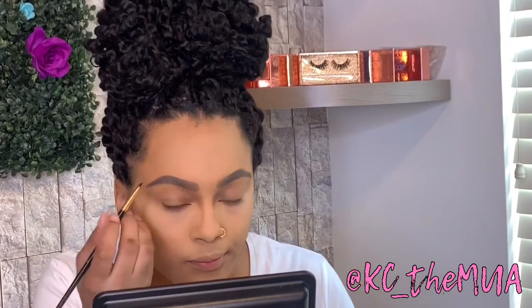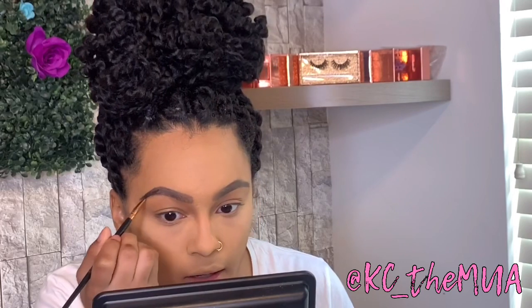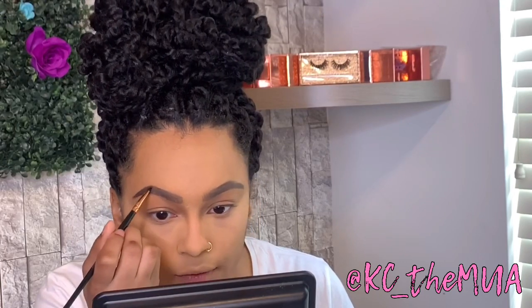So I'm going to add just a little bit to the tail end of my brow using a pomade and light strokes, of course, until I can get it the color that I want, which is right there. I love this pomade. It's everything. This is actually from